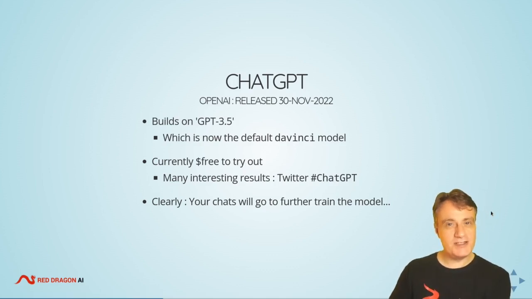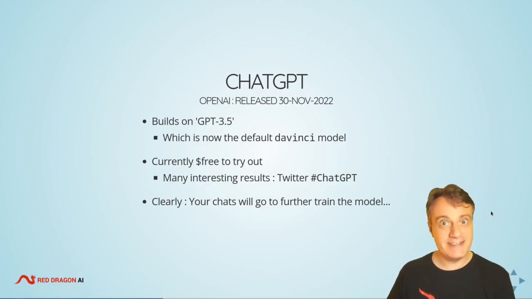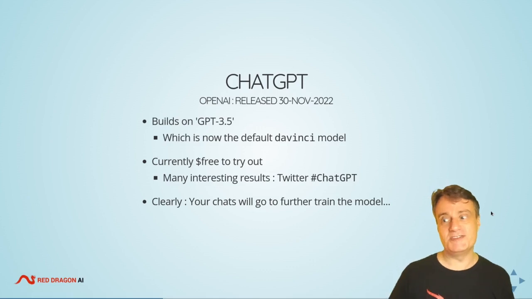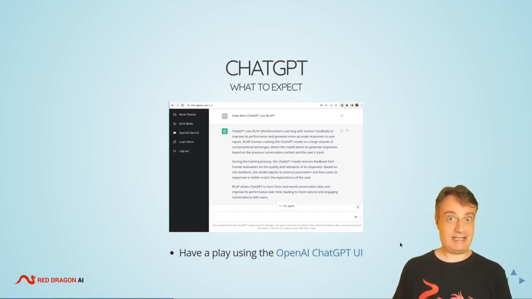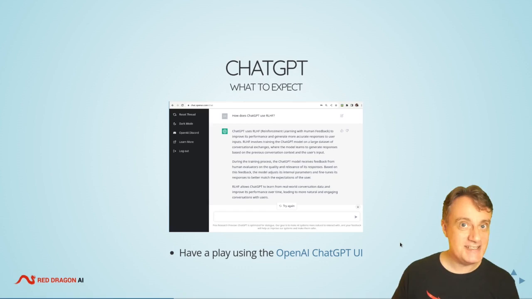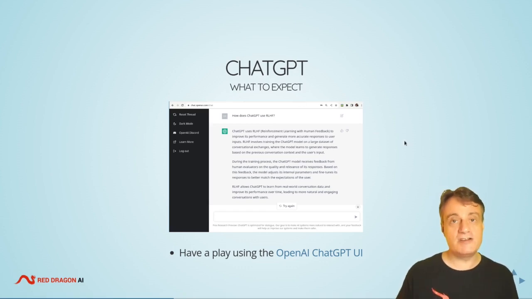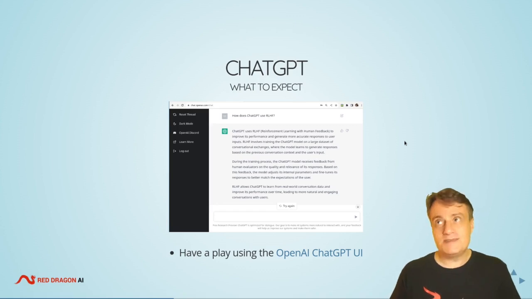So you can see how this kind of preferences thing is going to be using your chats as you give it free data to train up the next version of this. Okay, so when you go to the link, if you go to chat.openai.com/chat, it's quite easy to find. You'll have to sign in, so basically you have to give it an email address and say you're going to use it for personal reasons.